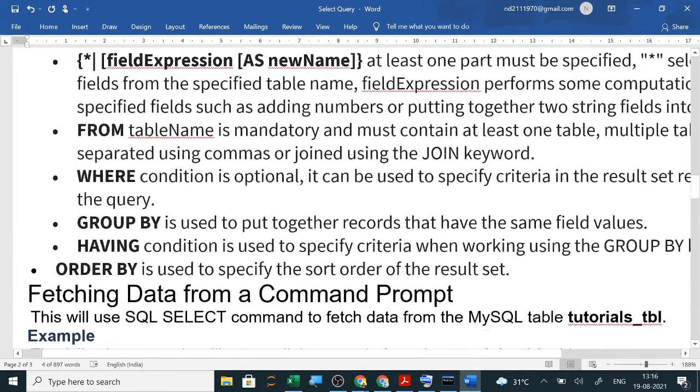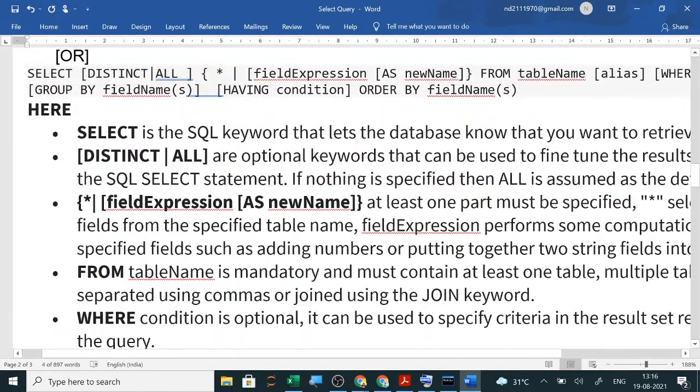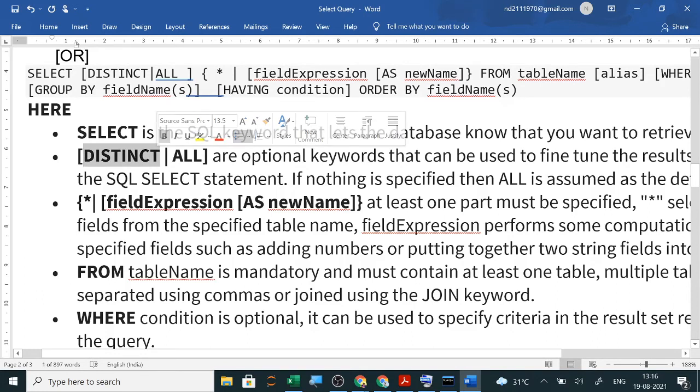Now when you are displaying the data, if you use distinct, then the repeated values will be shown only once. If you use all with the select query, the column names, if I use distinct, then suppose in your class 2 students with the name Barsha were there, now it will display only once. But if I select all or nothing, by default it is all, then all are displayed.